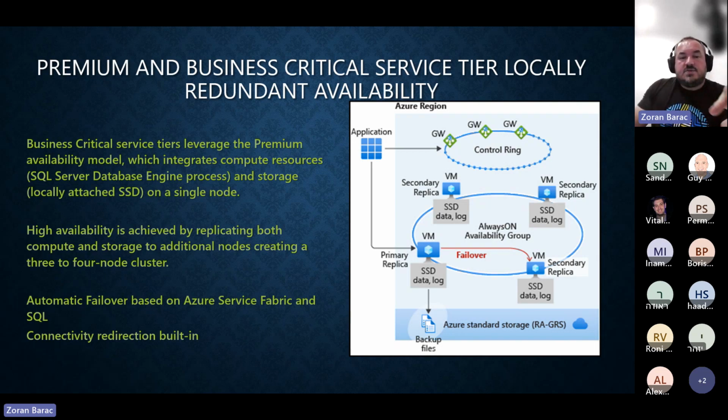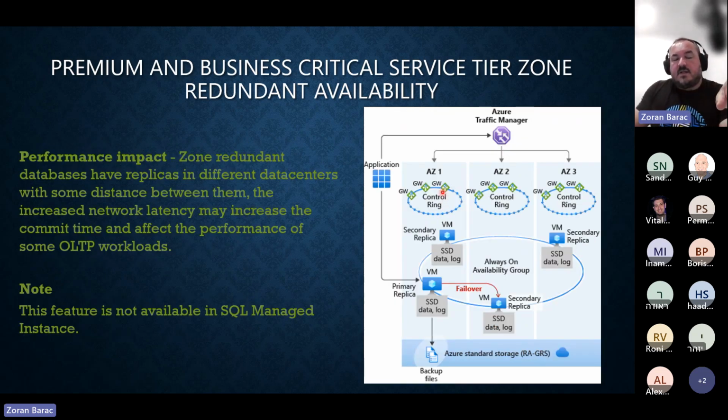All this you can put in zone redundancy as well. For zone redundancy, you're going to have the same thing, except you're going to have different zones for your VMs. So VMs, nodes, replicas, whatever you're going to call them, are going to be in different zones. One is going to be the readable secondary, but when failover happens, it's going to happen in some different zone. This way you're protected from a local outage of that particular data center or that particular rack. You're going to fail over directly to some other zone, which is working properly.